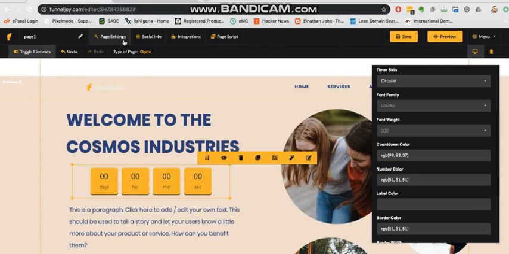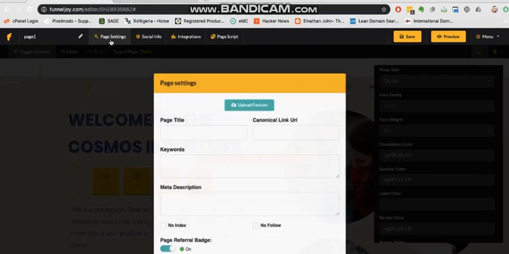At the top of the editor, we have a bunch of settings as well. So we have page settings. What this allows you to do is set what you want as the page title, what you want as the favicon, what you want as your keywords, your description, if you want any of the search engine bots to follow or index,